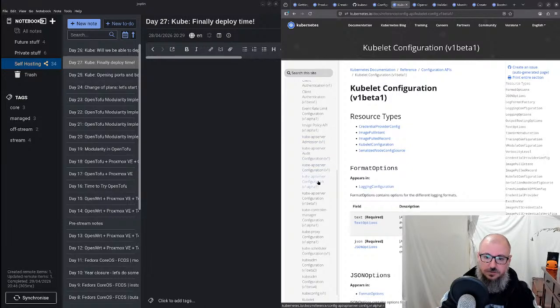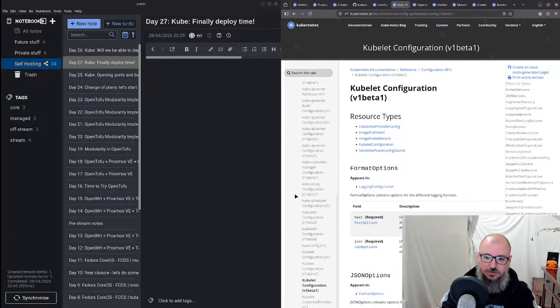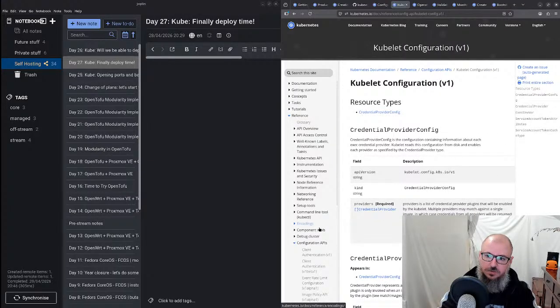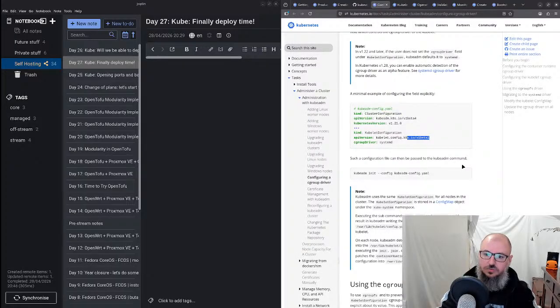Kubernetes, kubeadm config, Kubernetes configuration V1 instead of V1 alpha 1 or beta 1. That is the V1. Okay, so I need once again to do that, I think,